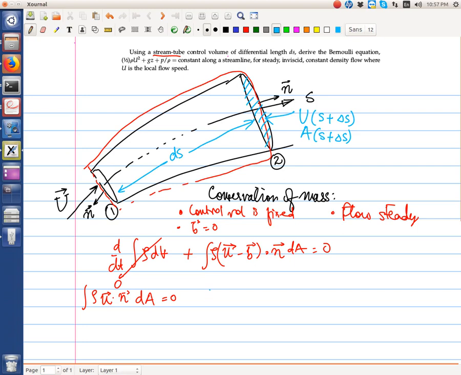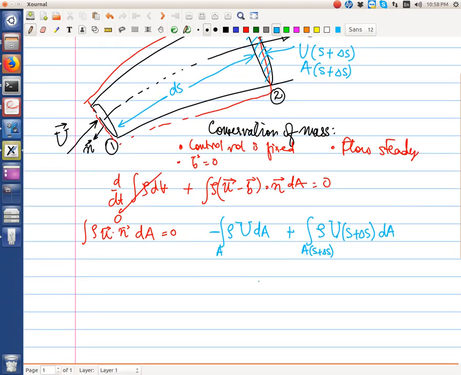Okay, so this integral at the left face is rho u dA, minus sign because u dot n cap will be minus 1, plus on the right face rho, so this area will be a at s plus delta s, u dA. So this u will be at s plus delta s, and because there is no viscosity and if the area is small, we can assume that the velocity profile is constant, and therefore